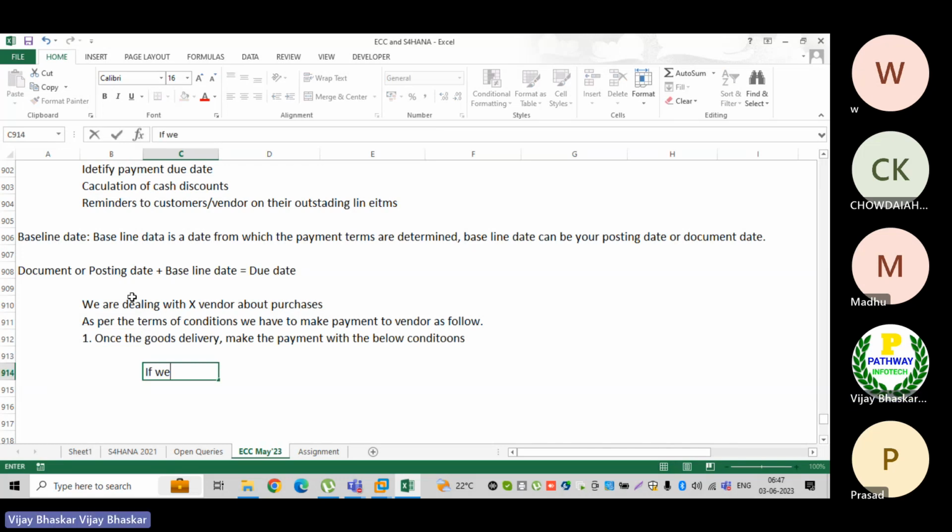Remember, the conditions are important here. If these conditions are satisfied, then we are eligible for the discount also. If we make the payment within 15 days of goods delivery, we will get a 5% discount.